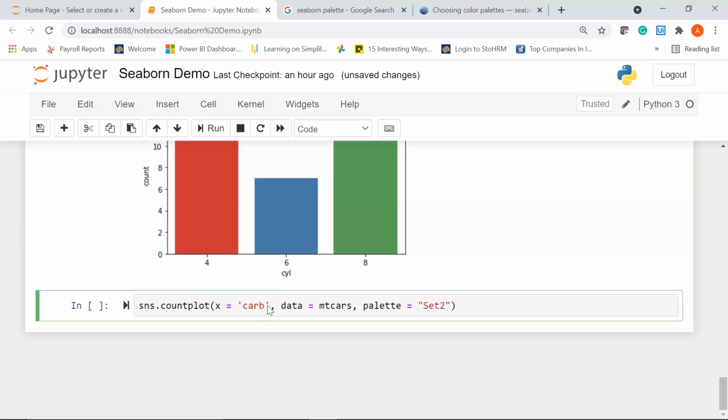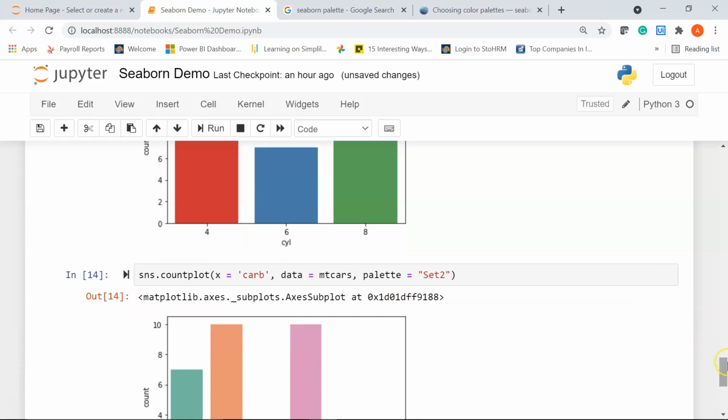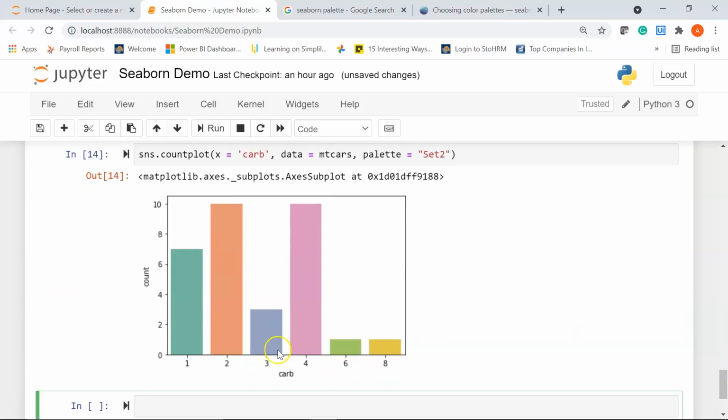Now let me run it. You can see it here. On the x-axis we have the different number of carburetors, 1, 2, 3, 4, 6 and 8, and you can see we have more number of cars that have 2 and 4 carburetors, and there are very few vehicles that have 6 and 8 carburetors.